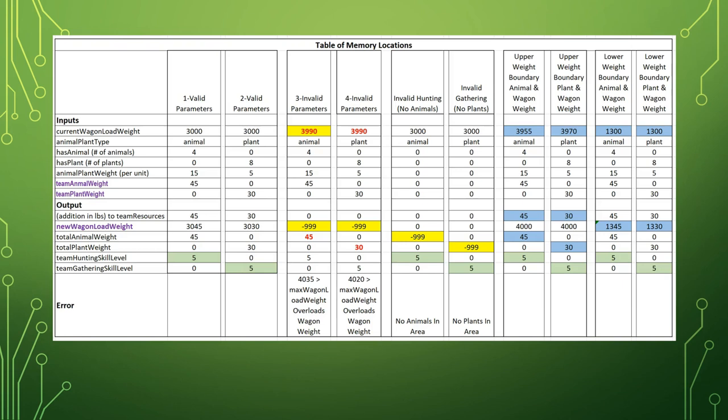We needed business logic for the following situations: valid, where the max wagon load weight is not reached; invalid, where max wagon load weight is reached; the upper boundary, where the added weight is right up to the limit of the max wagon load weight; and lower boundary, where the wagon has a little bit of weight and the added weight is really nominal. So for the valid situation, our starting wagon weight was 3,000 pounds, and we added 45